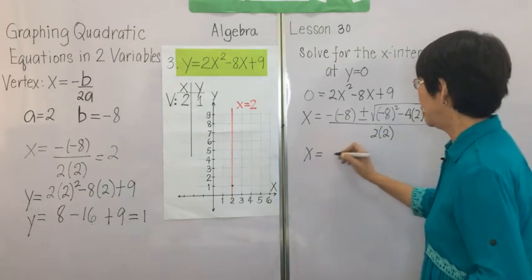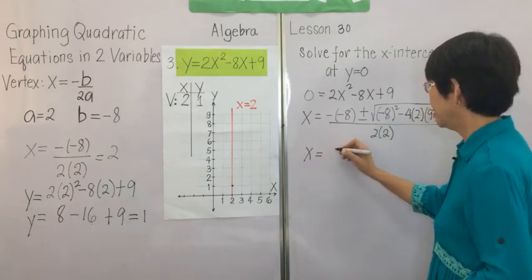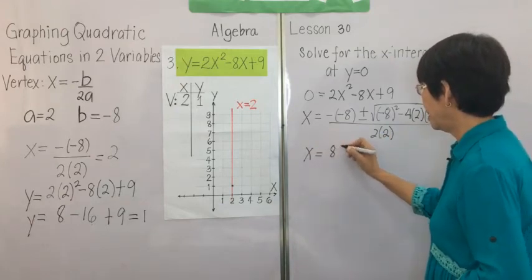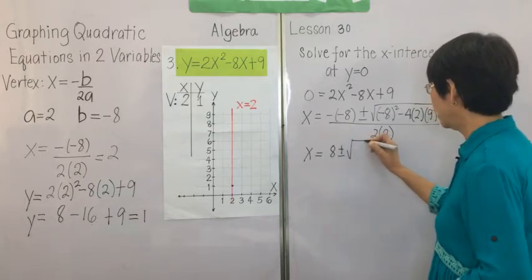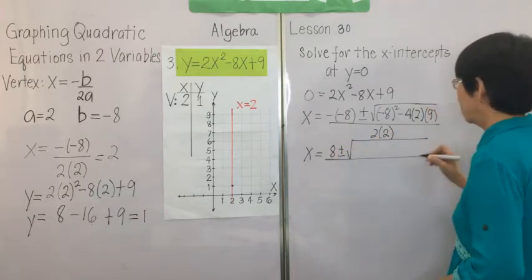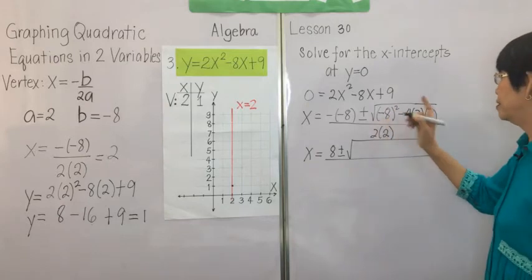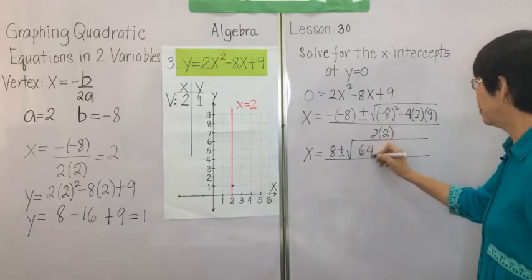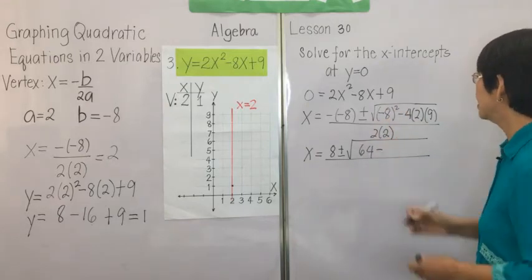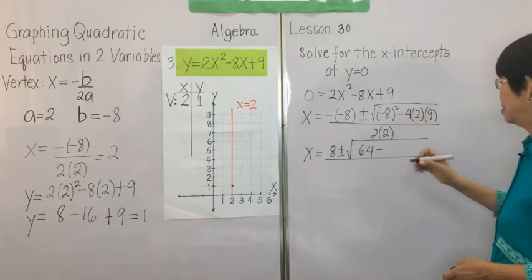And so our x is equal to positive 8 plus or minus the square root of 8 squared, 64, minus 8 times 9,